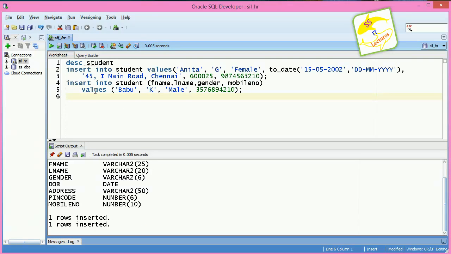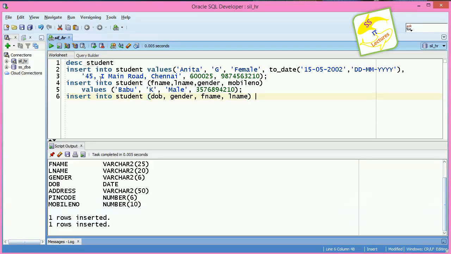The third example here we are going to see is inserting column values of a table by specifying the columns whose order is different from the order of columns in the actual table. So here I am going to choose the first 4 columns, F name, L name, gender and date of birth. So the statement will be insert into student within bracket. Here I am going to change the order of columns. So here I am entering as DOB, gender, F name, L name.